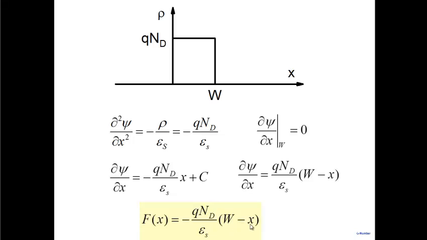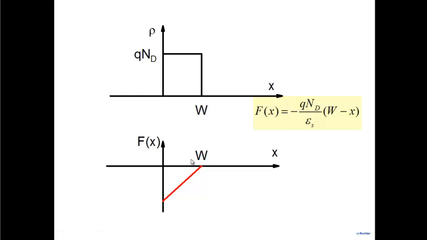So the field is 0 obviously at x equal to W, and we can see here the field is maximum at x equal to 0. All right, so that's the behavior of the electric field. Does it make sense? The field is negative. Everybody agrees the field is negative. Why? I have positive charge on this side, on the semiconductor. Where is the negative charge? On the metal, right? So positive to negative, so the field is negative. So that's fine. The field is all negative here. In the neutral region, the field is 0. And then the field starts building up as you enter this charged region here,